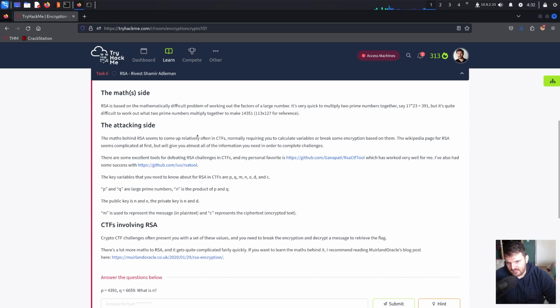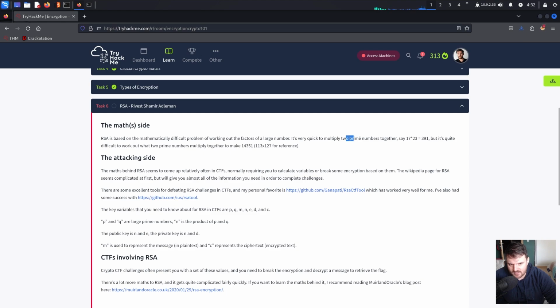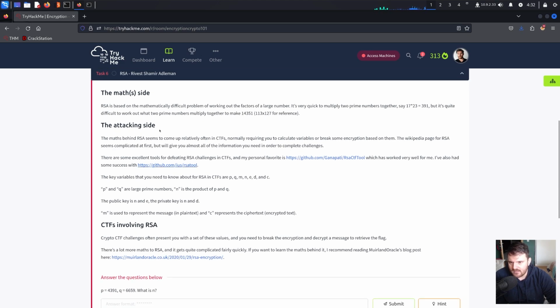Here we have the reference. And we know prime numbers are just numbers like 13. It's divisible by 1 and itself. That's a prime number. On the attacking side, the maths behind RSA seems to come up relatively often in CTFs, normally